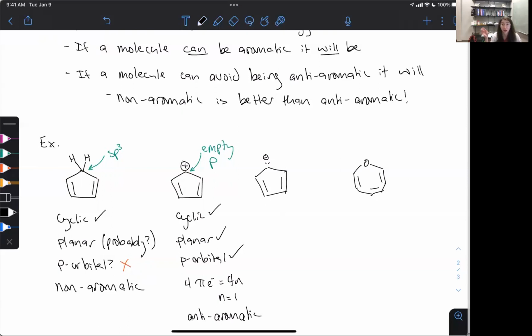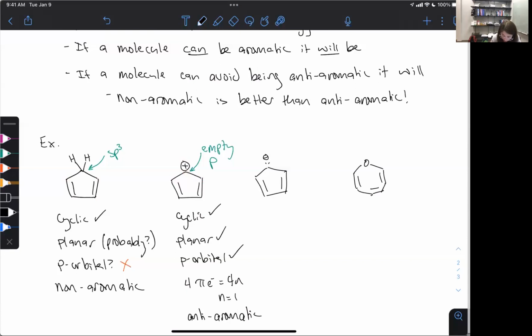Okay, and if you go into more advanced levels of chemistry, you'll see that even anti-aromatic molecules can find ways away from anti-aromaticity. So generally what something like this would do is that carbon would get yanked way up out of the ring, so it would actually stop being planar. You'll see a lot of distortion of the actual structure in those anti-aromatic compounds. So there's a ton of distortion that happens to these guys. We won't go much into that. We're just going to leave it at anti-aromatic for here. All right, let's go on to the next one.